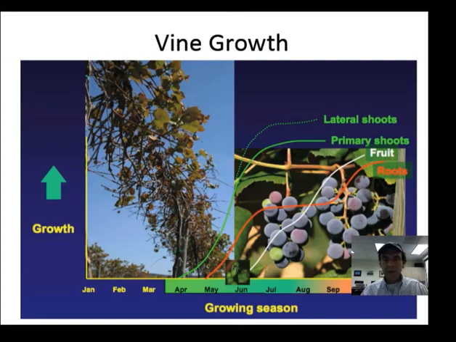At different times throughout the season, we have different tissues growing more or less. For the roots, we have 2 root flushes. One is at bloom and the other one is at harvest. You can see them here, bloom, harvest. Then the shoots have exponential growth in the first month of the season, and then resumes later on, then stops later on. And then the fruit, the berries, have a double sigmoidal growth curve with 3 stages, and these are